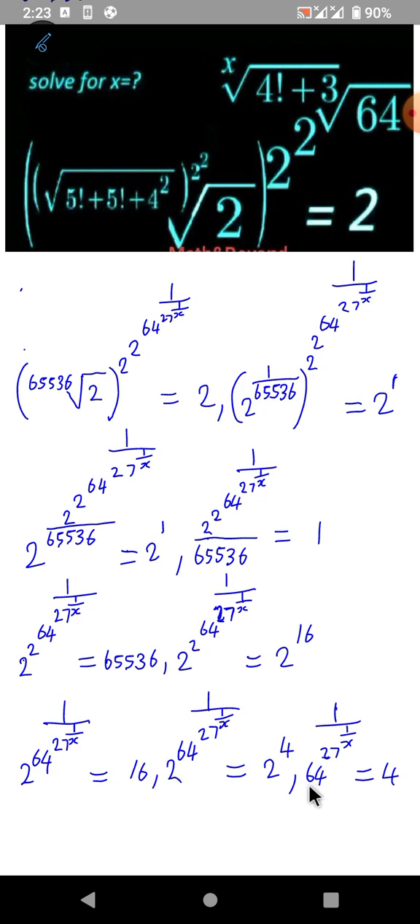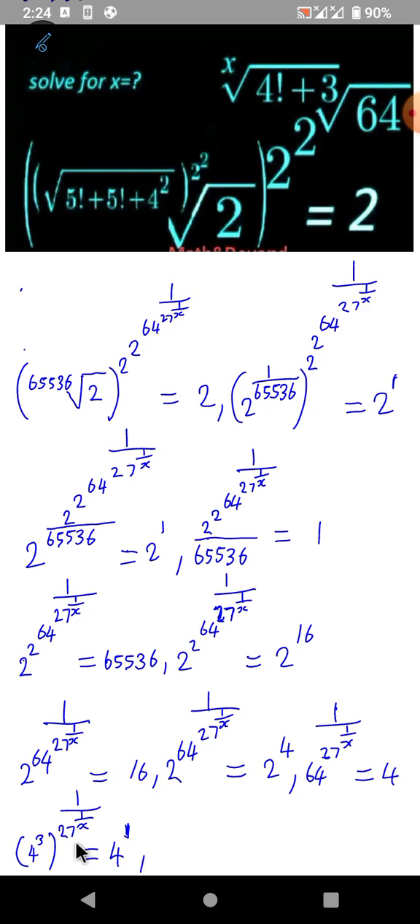Now this 64 can be written as 4 raised to the power of 3. So I'm going to open a bracket for it. So say open bracket 4 raised to the power of 3, close my bracket, all raised to the power of 1 all over 27 raised to the power of 1 over x, equal to, this 4 here now is the same thing as 4 raised to the power of 1. Then we continue